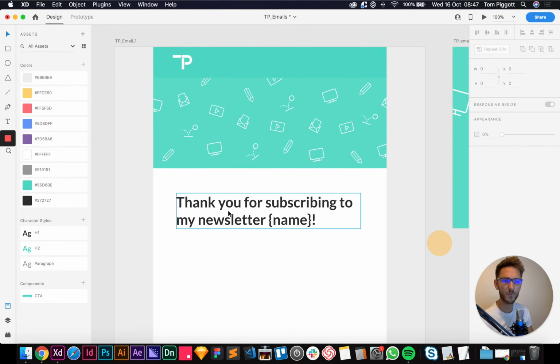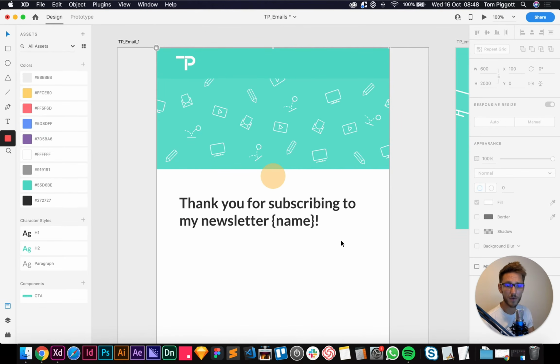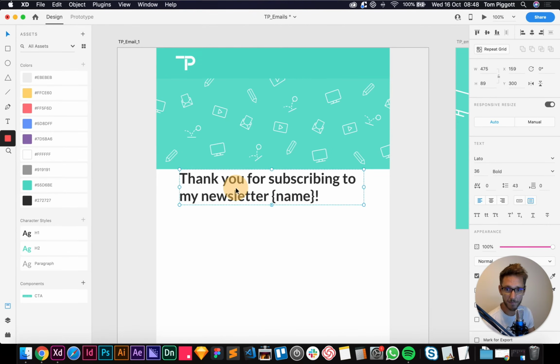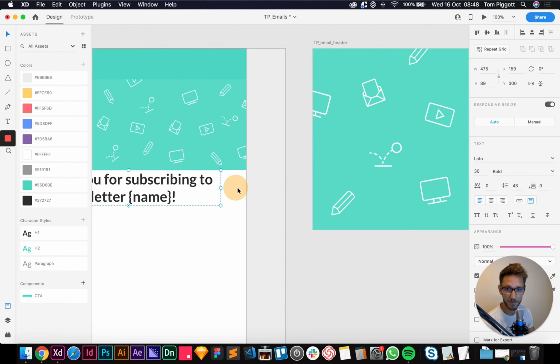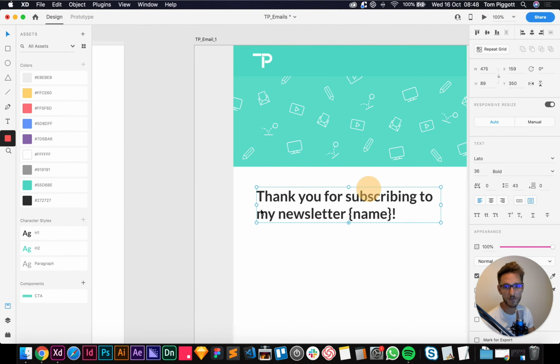In terms of spacing around this, we know that this email is 600 pixels wide. What I want to do is have 50 pixels of padding all the way around this. So I can bring it up to the top to start, and knock it down 50. Whoops, new mouse, not very good. 1, 2, 3, 4, 5. So I know that's right there.